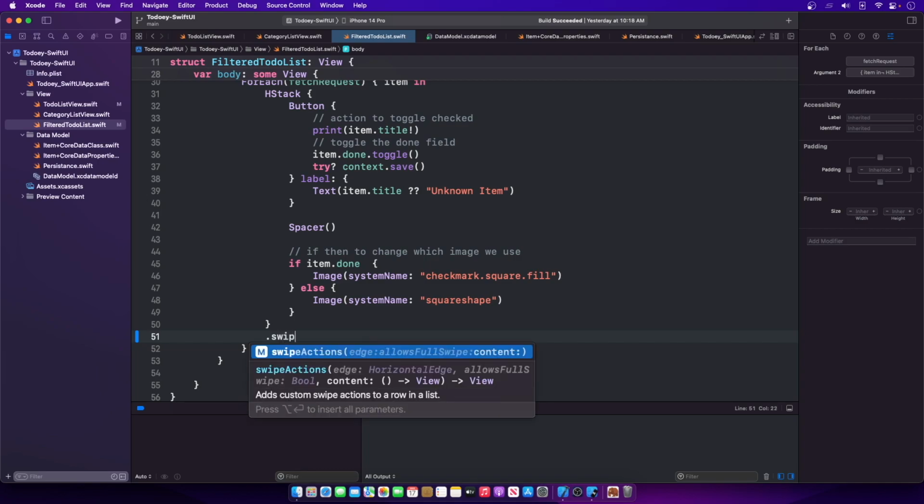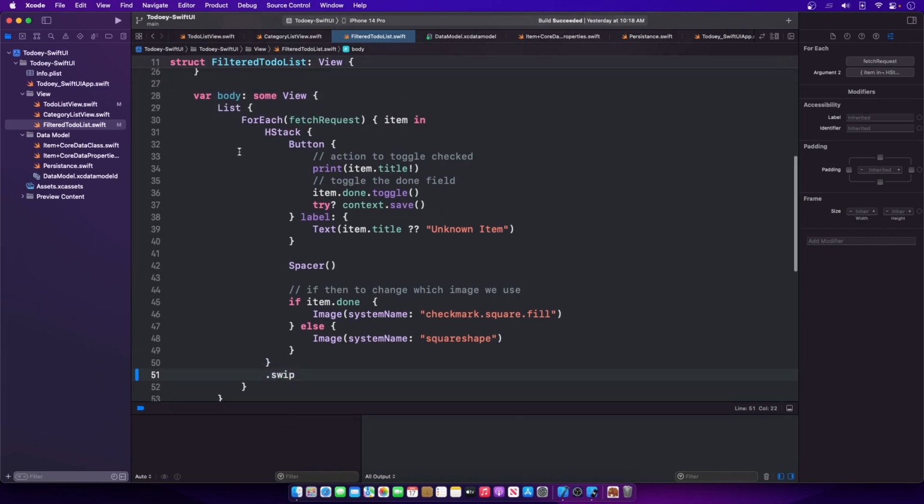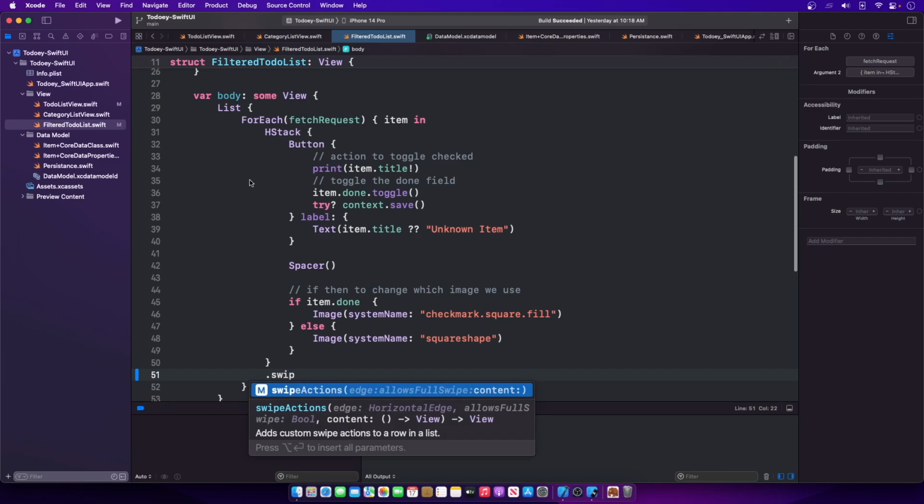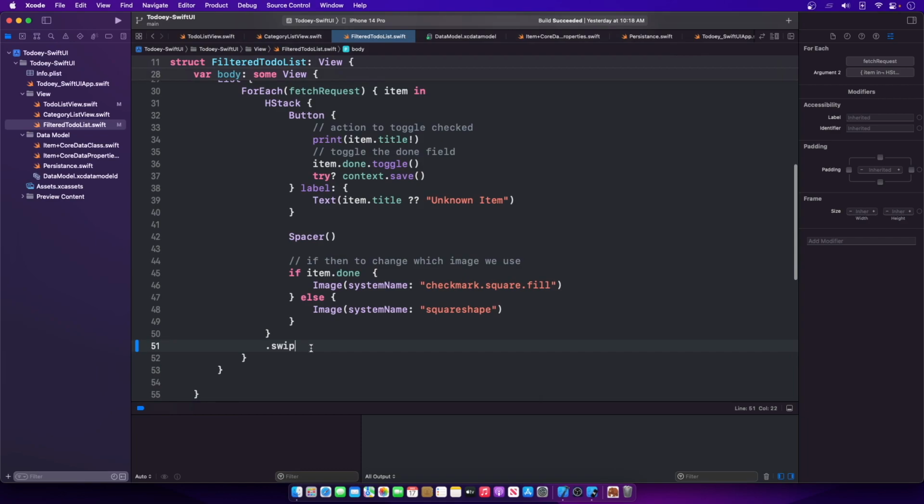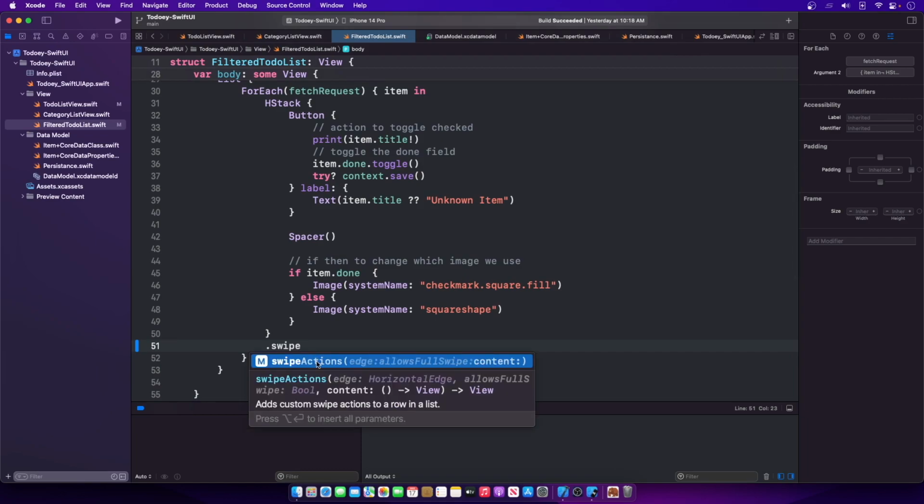So swipe action adds a custom swipe action to a row in a list, and that's exactly what we want. So we are in a list. We have a bunch of items, and we have our HStack here, which is our button, our spacer, and our checkbox, and we want to be able to swipe action this. So you'll notice that swipe actions